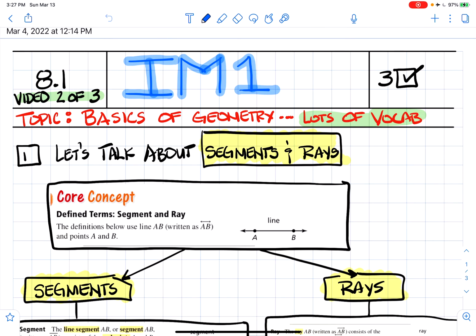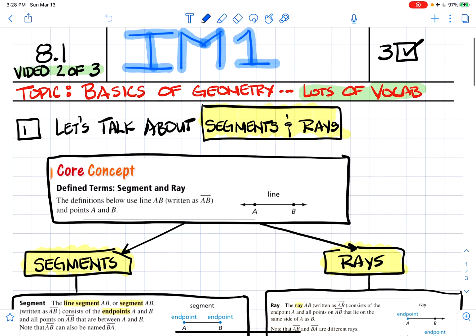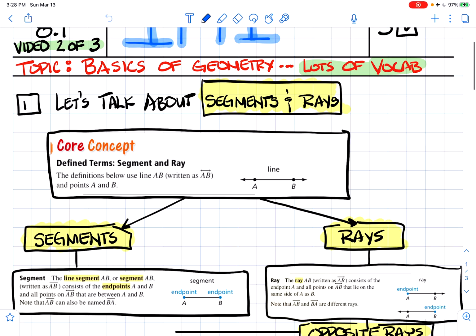This is video 2 of 3 for section 8.1 in IM1. And again, just a bunch of vocab. So let's start talking about segments and rays. So these are defined terms now, meaning we actually have a way of defining them versus like points and